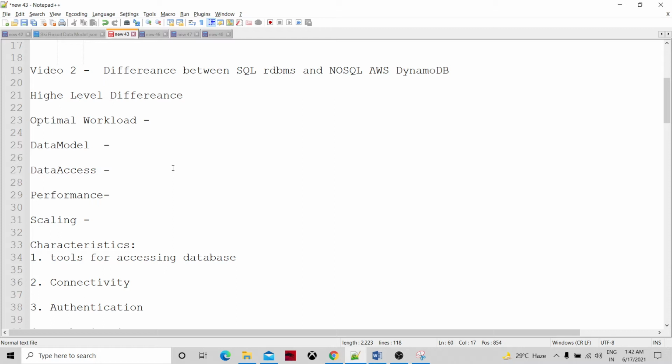Next, the data models. RDBMSs have a relational database model, wherein we have normalized, defined structures with tables, rows, and columns, and indexes built on top of the tables.